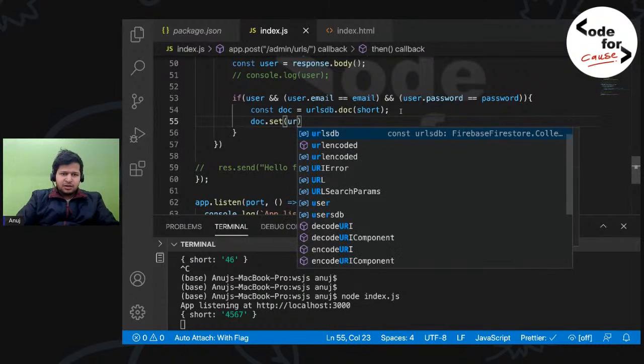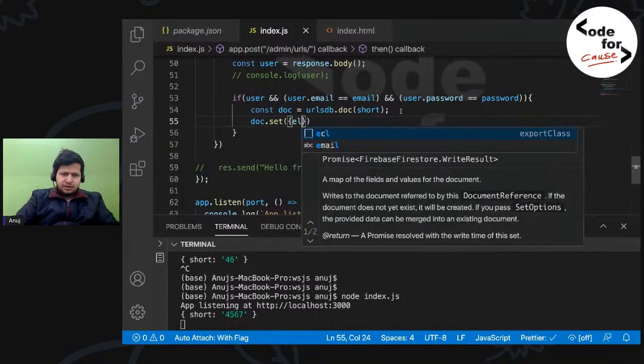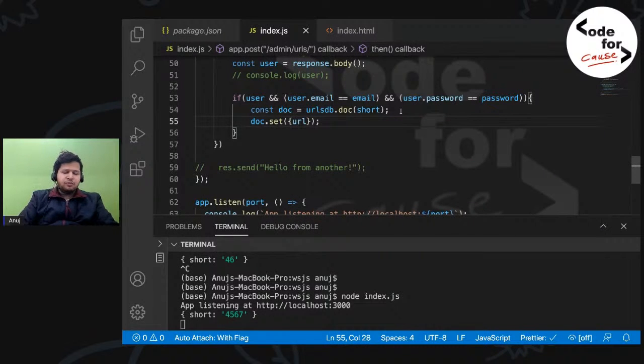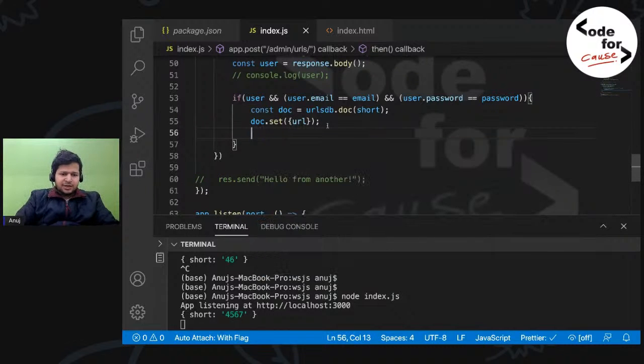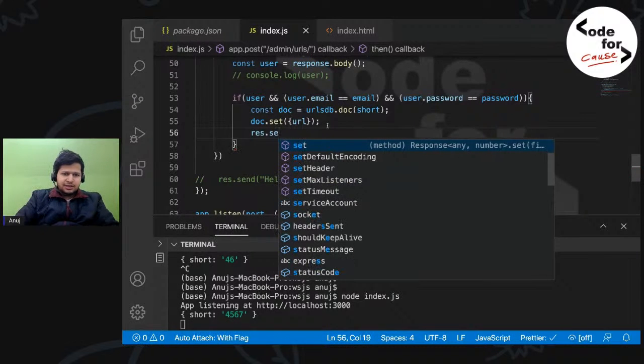Our URL. Boom. Okay, and after this part is done, we can simply say response dot send